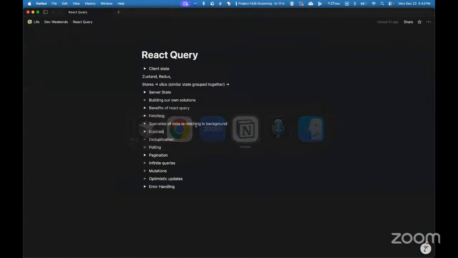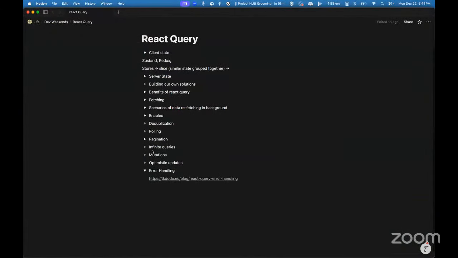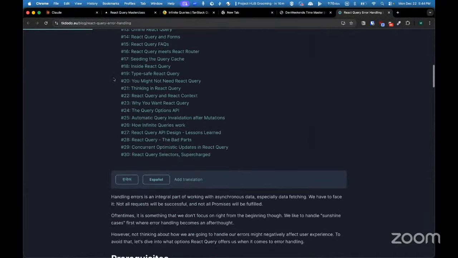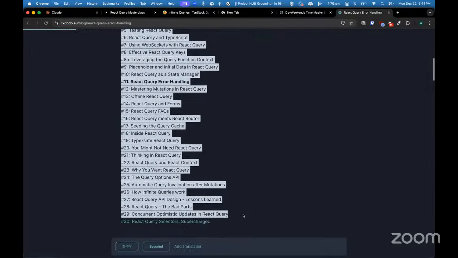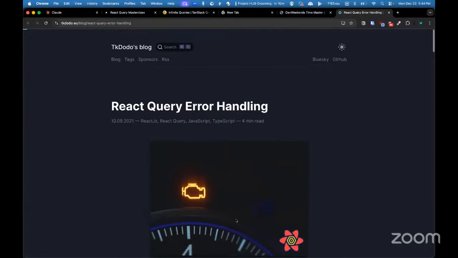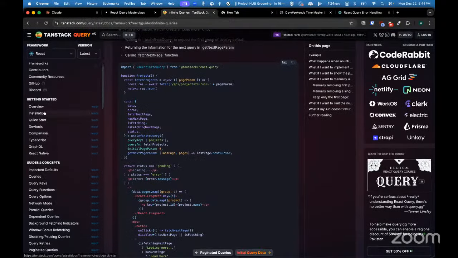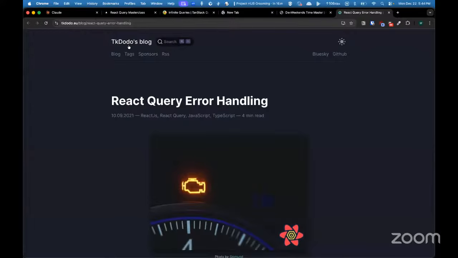इसमें एट द एंड, एक्चुअली आई ऑल्सो वांटेड टू शेयर अ वेरी गुड रिसोर्स, एरर हैंडलिंग। इसमें ये एक पर्सन है टीके डोडो, वो अपना ब्लॉग लिखता है, और रिएक्ट क्यूरी पर उसने ये 30 पोस्ट लिखे हैं। जो सारी चीज़ें मैंने आपको बताई हैं, मोस्टली वो रिएक्ट डॉक्स से आती हैं, और इस पर्सन के ब्लॉग से। ये पर्सन एक्चुअली रिएक्ट क्यूरी लाइब्रेरी के कंट्रीब्यूटर्स में से एक है।